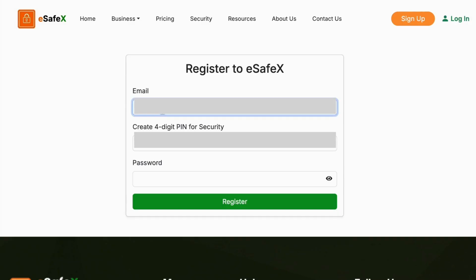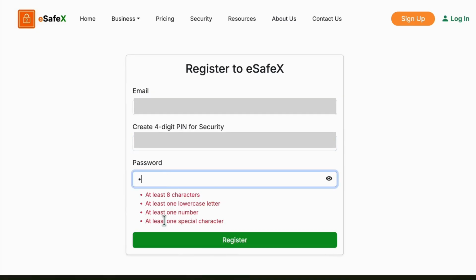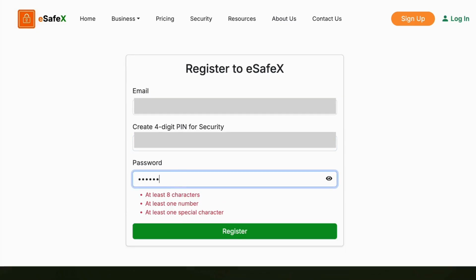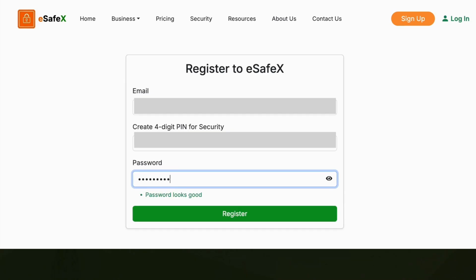So just put in your email, your preferred email, or the email that you have provided to your accountant or a lawyer. Create a PIN. Make sure that you create a PIN that you remember, because this will be used for security purposes. And then you fill in the password. The password has rules, so please follow these rules and create your password, and then just click on register,